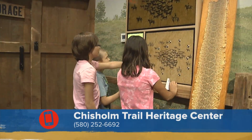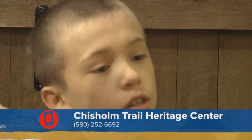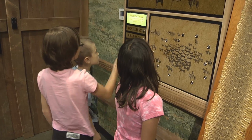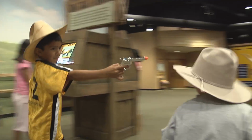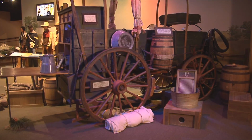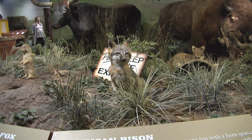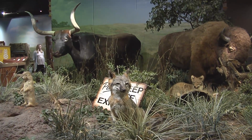Behind me is our interactive area, and it's really a fun place for children where they can just do some hands-on experiencing cowboy things. And this is the interactive general store, completely stocked with all of the things you would have needed on the Chisholm Trail. The campfire, the chuck wagon, there's an animal exhibit over there, and there are buttons that children can